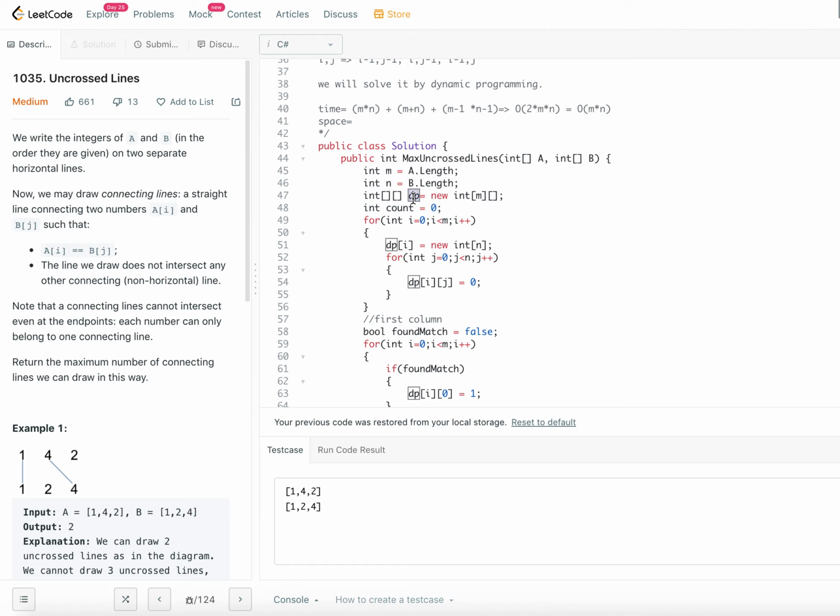DP is where we are using the real space, which is m by n. So the space complexity is also order of m into n. The time complexity is order of m into n, and the space complexity is also order of m into n.